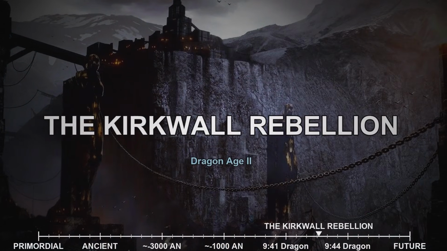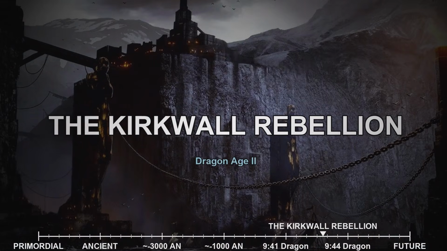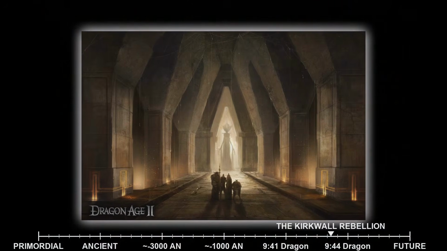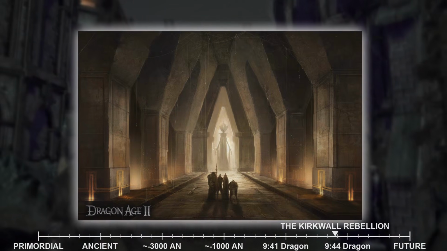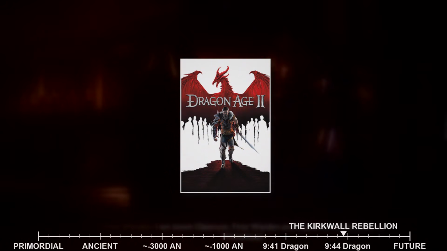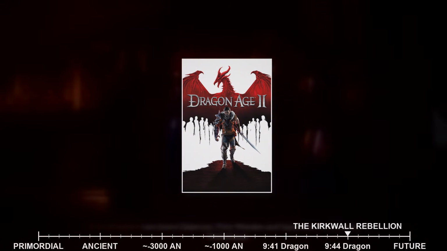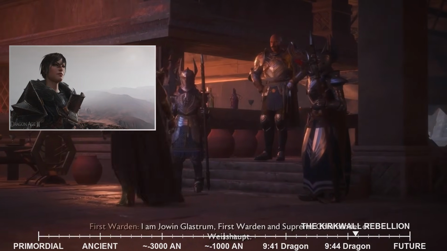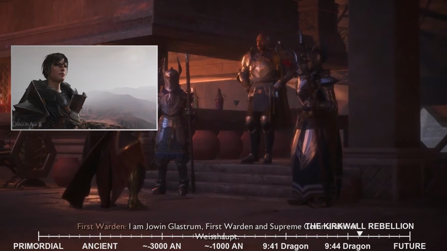Continuing our journey through Thedas, we transition from the immediate aftermath of the Fifth Blight, specifically the events of Dragon Age: Origins, Awakening, into a new, pivotal chapter for the continent, one that begins in the year 930 Dragon. This period, known as the Dragon Age itself, marks the beginning of the events chronicled in Dragon Age 2, a story that spans 7 tumultuous years and centers on a single, remarkable individual, Hawke.